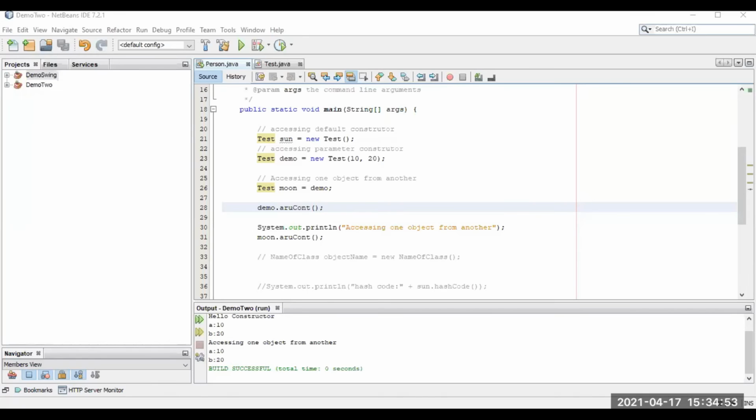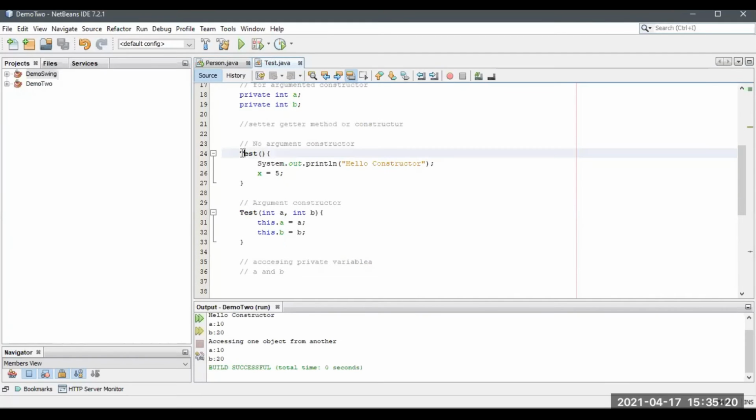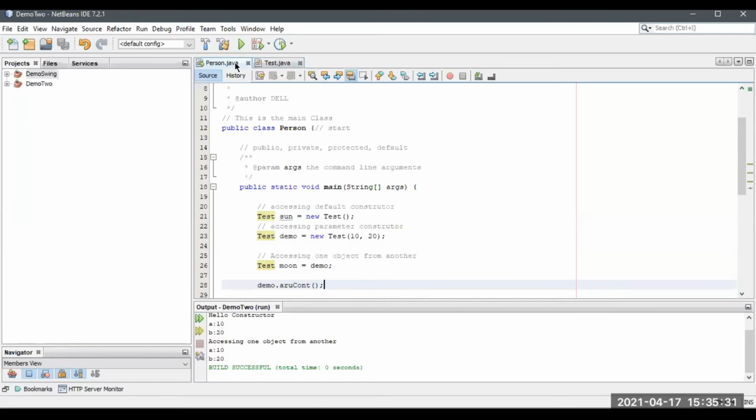What is a constructor in the sense of Java programming? It is similar to a method. We can access it by using a Java class after the creation of an object. When we pass any value, there is no need for a return type. Did we mention any return type while passing data? No, not required. You can access all the things available inside this constructor, as well as the argumented constructor too.